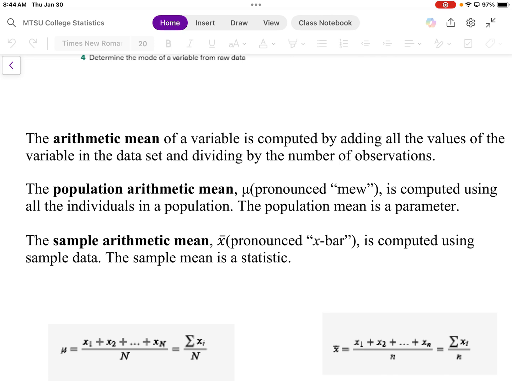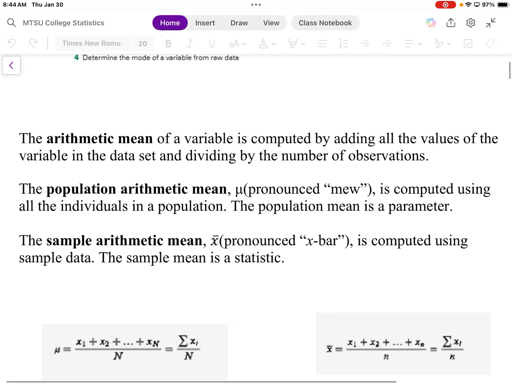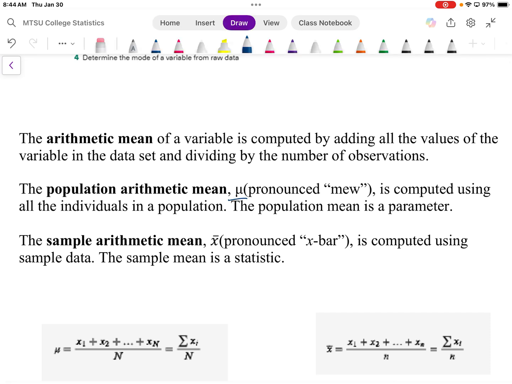And when we look at the population mean, it is represented by the Greek letter mu. Typically, all symbols that are representing the population are Greek letters. Okay, that's what they typically are. If it's a normal letter in the alphabet, it's typically going to be a statistic for the sample. There's one exception,